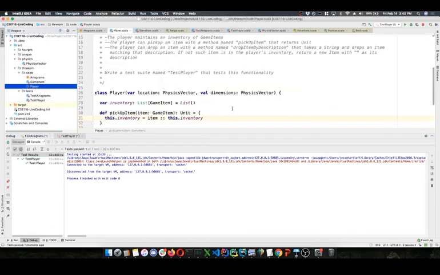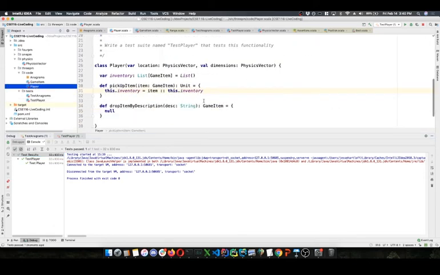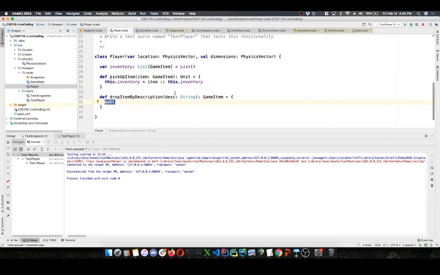So we have items being added to our inventory. We didn't fully test pickup item, and we're not going to have time to fully test this thing, but let's get to drop item by description. Here's an item description. Drop one of your items with that description. If there are multiple items, just drop one.